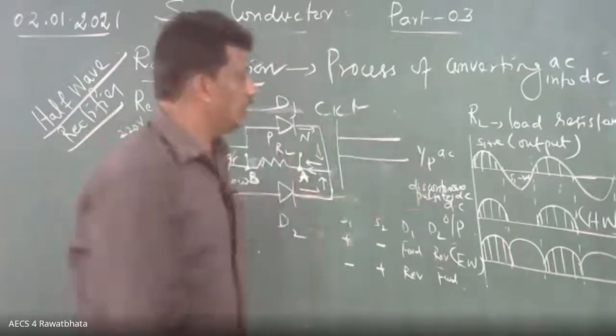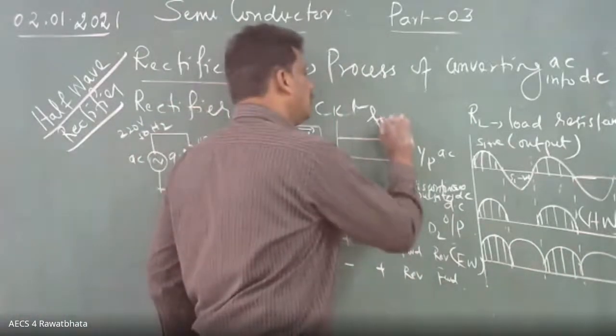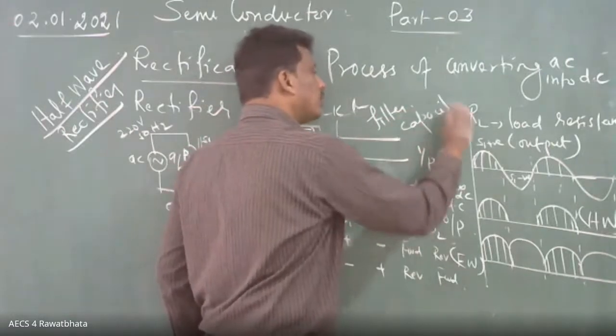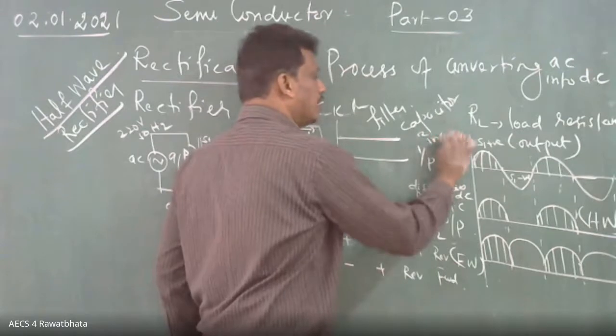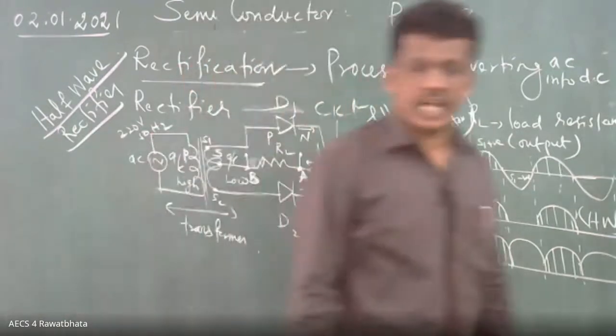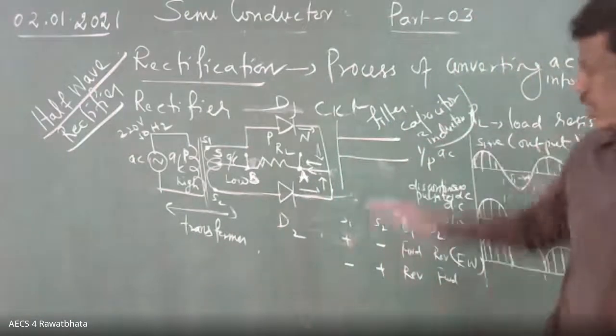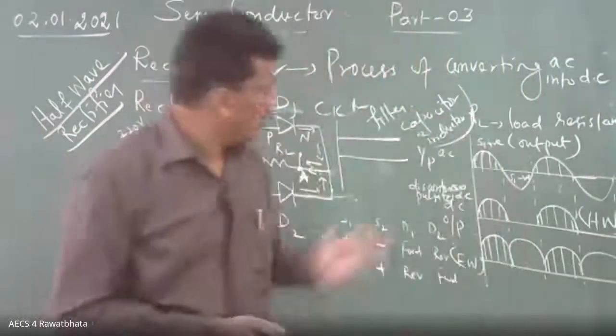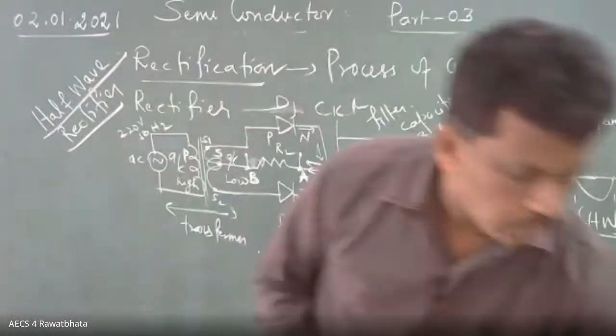Yes, we can get it. For that we use a filter using a capacitor and an inductor. That additional point will come; you can read it, and we'll do that. How to remove that pulse so it becomes straight like perfect DC. These are the things. I think what you have done is almost over.